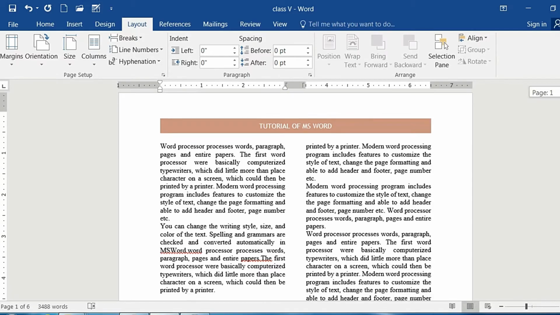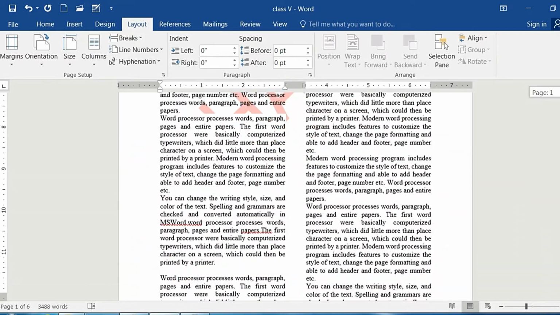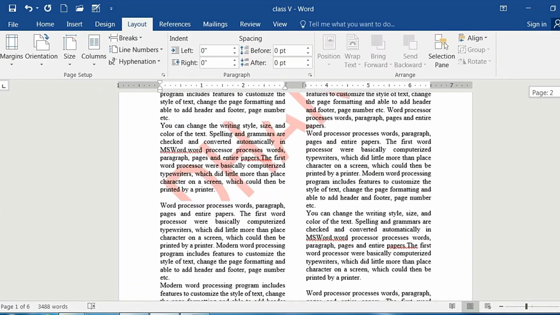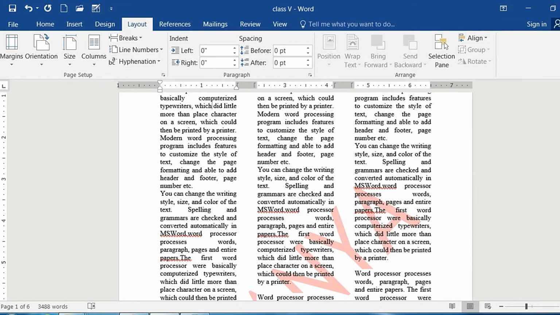So you can see that. This is the way how your textbook gets printed. This is the 2 column. And when it comes to the 3 column, you can see that textbooks in a 3 column, in novels and all, in books, reading books, story books, you can see this one.